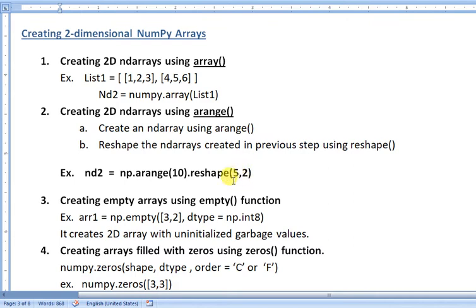And if you pass 2 comma 5, it generates 2 rows and 5 columns.